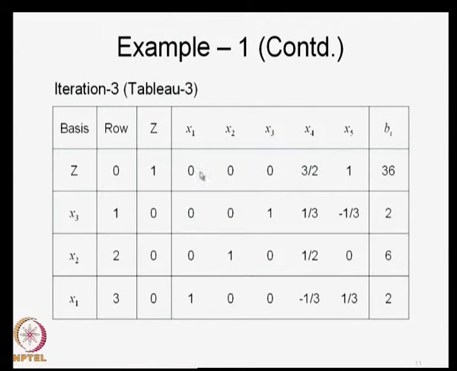Let us say that this led to a solution in which you can bring x4 here back into the basis because it has a coefficient of 0. So, this was the original optimal solution. By bringing x4 into the basis, you get another optimal solution, still with z equal to 36. So, you can capture two solutions.